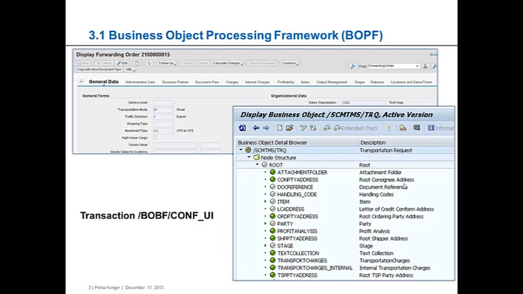Business objects are the basis of the TM application. Each business object represents a type of uniquely identifiable business entities, described by a structural model and internal process model, as well as one or more service interfaces. Examples for business objects in TM are the forwarding order, TRQ object, or the freight order, TOR object. The object can be accessed via transaction /BOBF